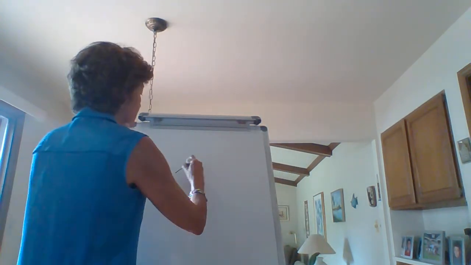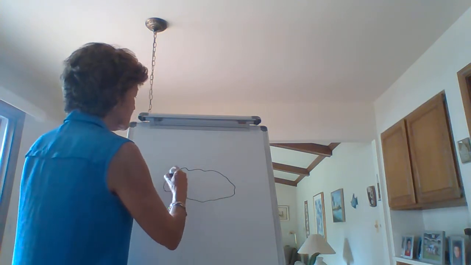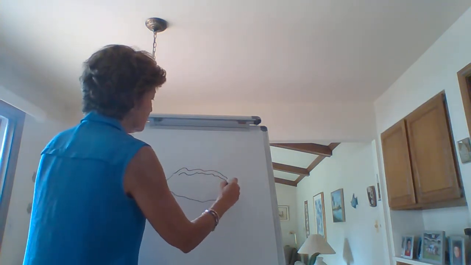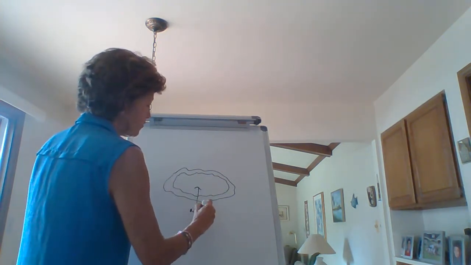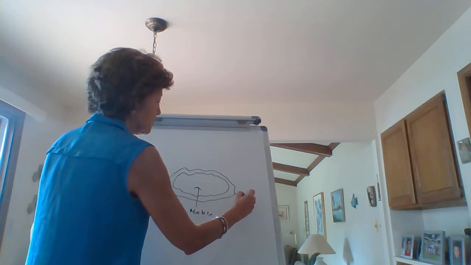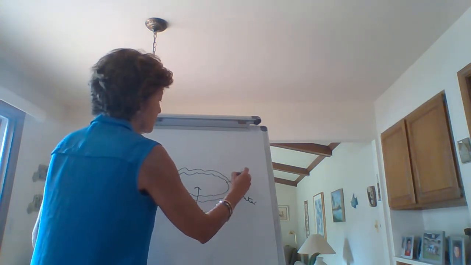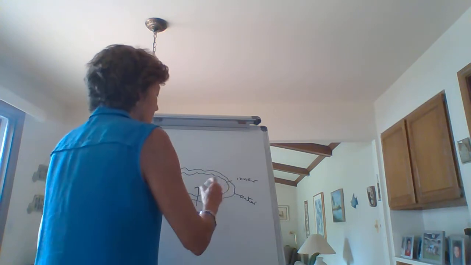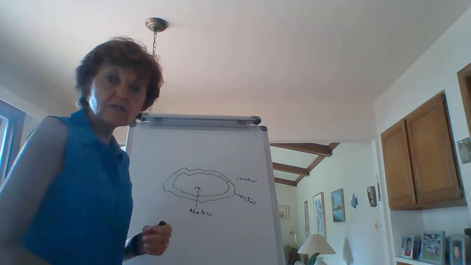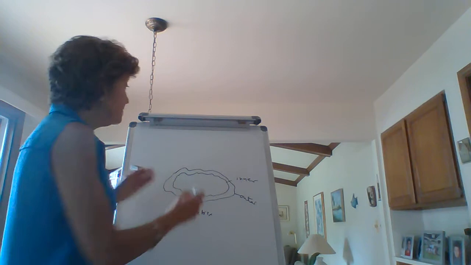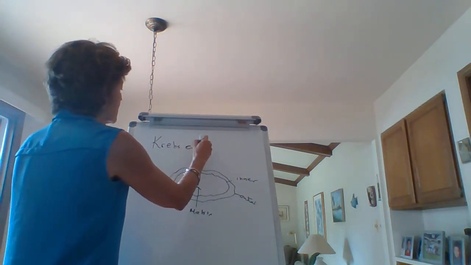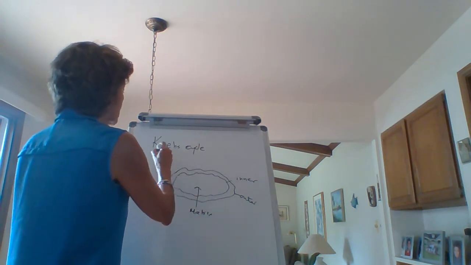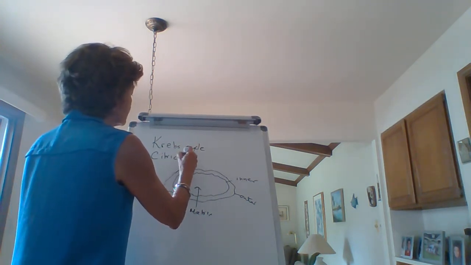The matrix of the mitochondria, so think of the mitochondria as this organelle with a double membrane. Okay, the matrix is right in the middle here. There's an outer membrane, there's an inner membrane, and all of the reactions of the Krebs cycle, we can call it the Krebs cycle, or we can call it the citric acid cycle,